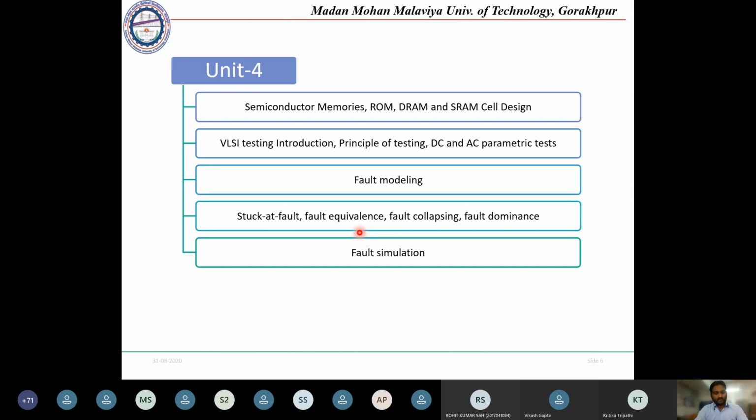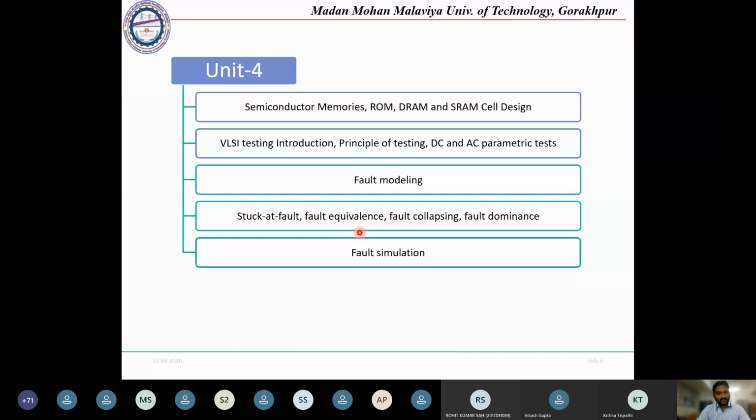If 10 million chips are there, we cannot go for each and every chip testing, as that will take more time. So there is a set of methods that we will use to detect the faults. If there is some fault, we will rectify that fault.